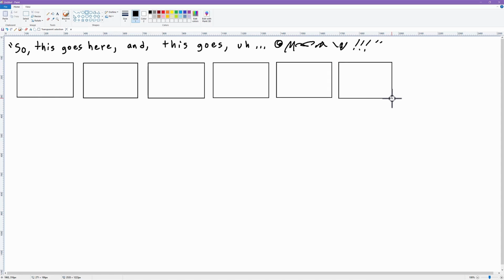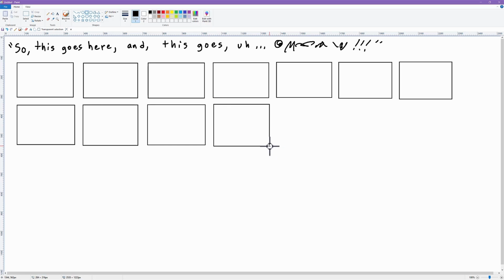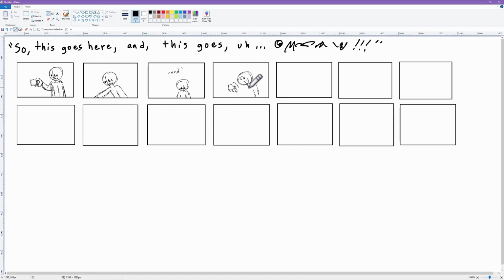We call them thumbnails because we draw them small. It not only makes them quick to draw, but also if we need to delete, rearrange them, redraw them, it's super quick, super easy. You don't get too attached to them because they are just scribbles after all. So I think for this scene, I want it to be pretty simple. He's just standing over on the right third of the screen.